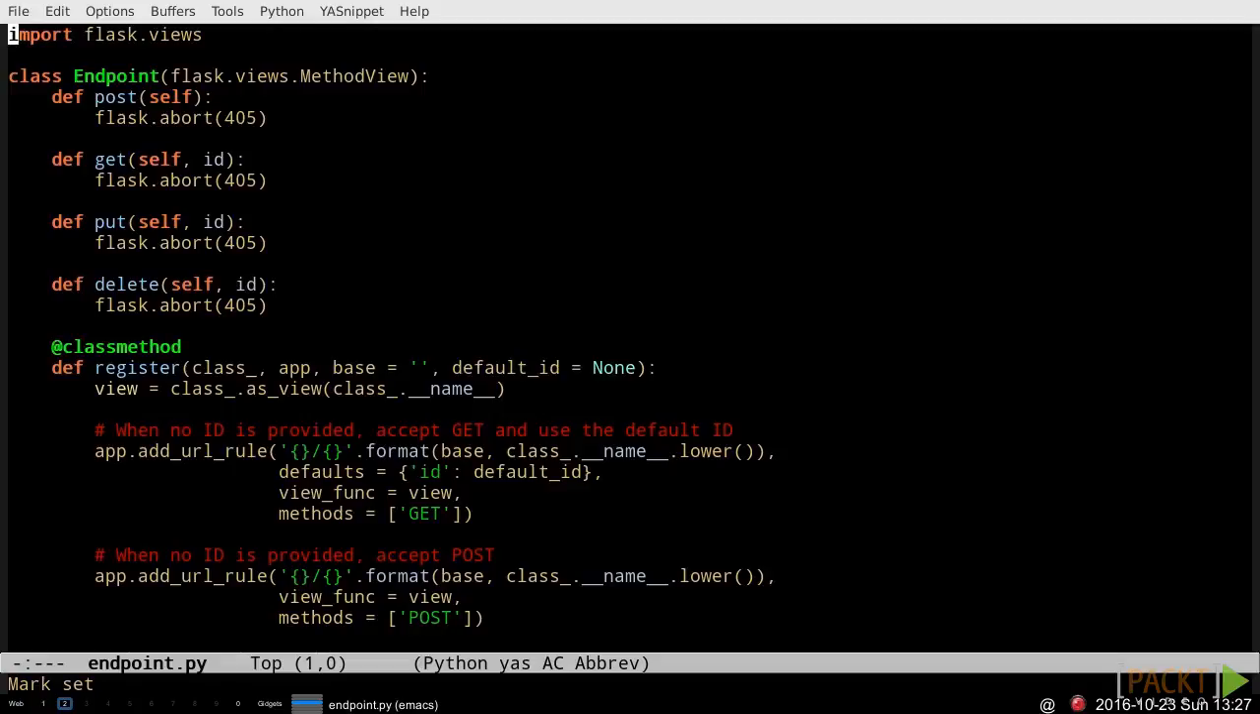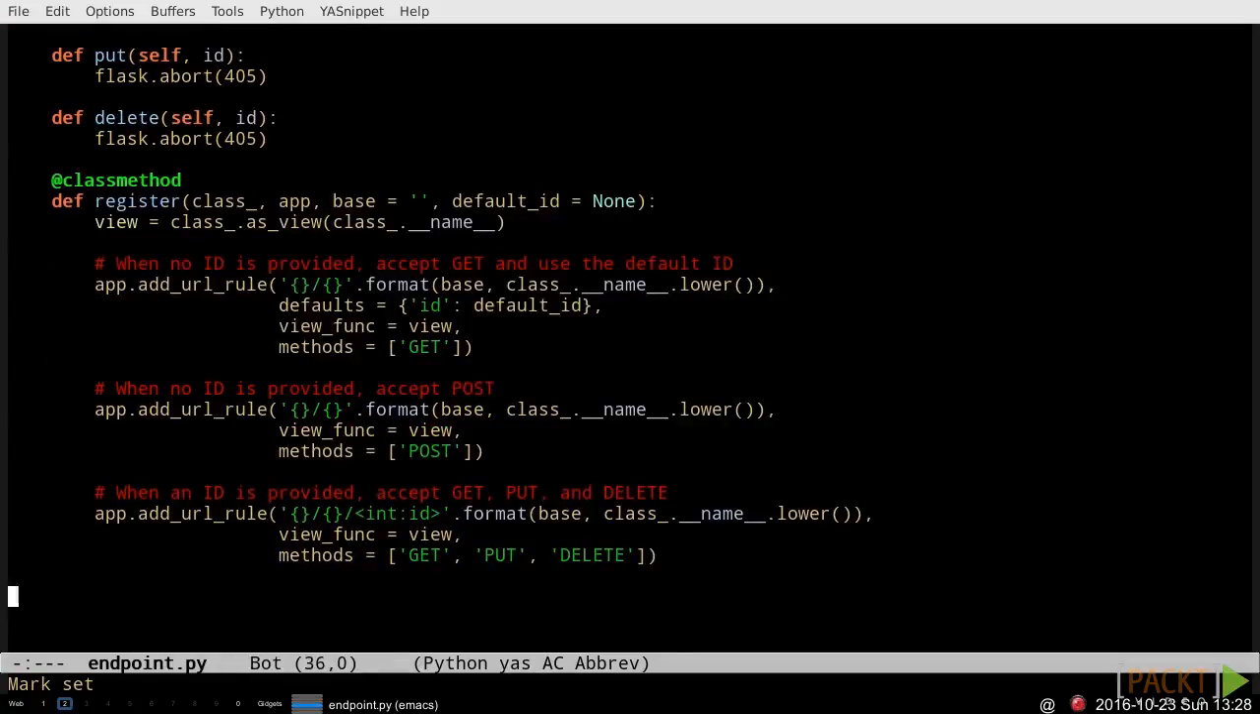There's only a small complication though, because we could register the same pluggable view on several different combinations of path and method, which is exactly what the endpoint.register function here in endpoint.py does. Each registration of the view consists of one call to app.add_url_rule. The first one registers the get method with no object ID and fills in a value to use for the ID